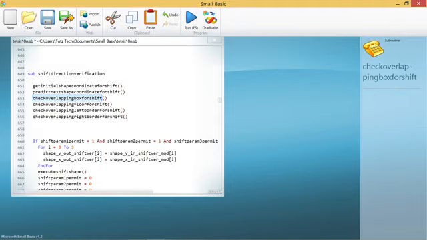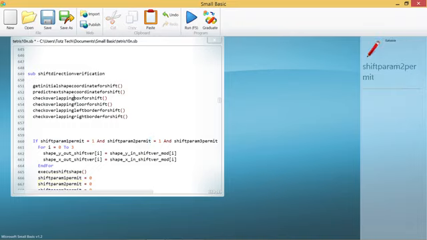Check overlapping floor: if the box shifted, is it overlapping with a box or not. Check overlapping left border: if the box shifted, is it overlapping with the left border or not. And then last, check overlapping right border: if shifted, is it overlapping with the right border. Each of these will generate a shift parameter, shift param 1 permit, and this is also shift param 2, and so on.